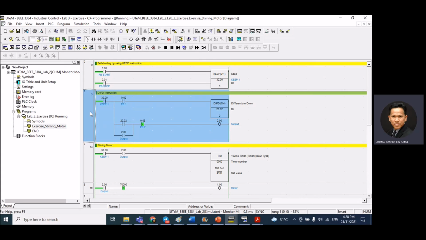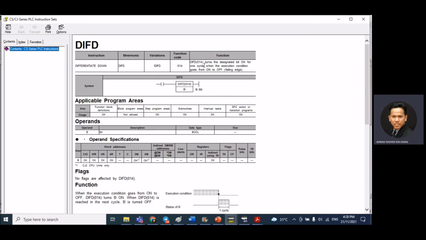Next, this is the DIFD instruction, which only functions once push button 1 is released. It is stated here that DIFD turns the designated bit on for 1 scan when the execution condition goes from on to off, or in the falling stage.